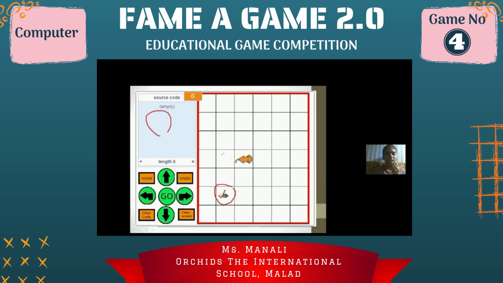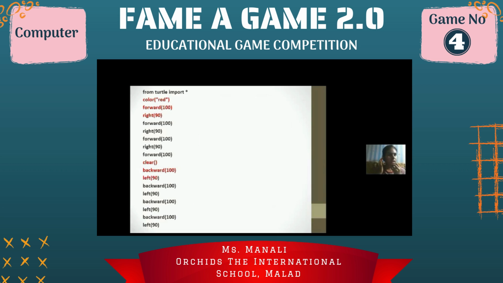And over here, there is some blank space for whatever code you will be writing. Suppose, as I mentioned here, the cat has to move to the right side first. That means this block will be used first, and then 2 forward steps, and then they will again turn right and move 1 step forward. This will be the command they will be using. Whatever commands I use here will all be mentioned over here. And once you have completed writing the code, I have to click on go, and automatically the concept will be done. So this is syntax-based programming, the pointers which I have highlighted in red color. That is the main focus criteria over here.